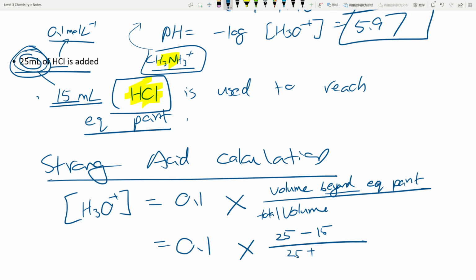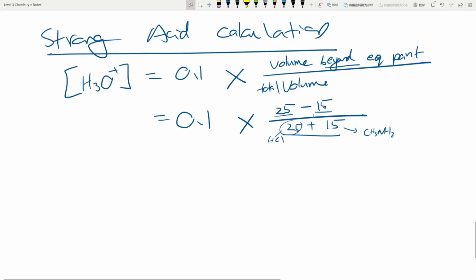What is the amount in the flask before I even did the titration? You can scroll back up, you can go backwards. It's the 15 mils from the pipette, the 15 mils of the CH3NH2. So this is the total volume. I added 25 mils of HCl. I had initially 15 mils of CH3NH2. This 25 is the HCl added. This 15 is how many mils of the HCl I've used to get rid of the existing CH3NH2. And then the 10, 25 minus 15, the 10 is the leftover, which is going to be the volume